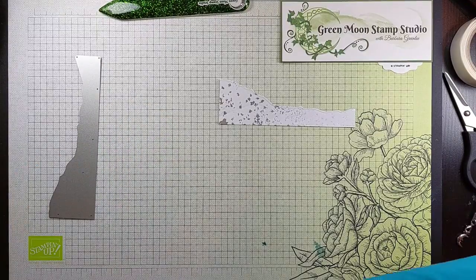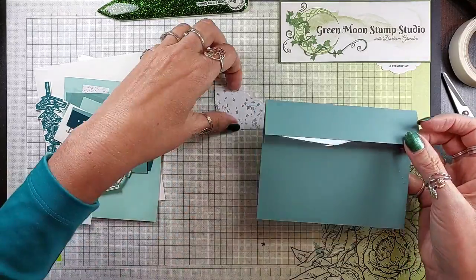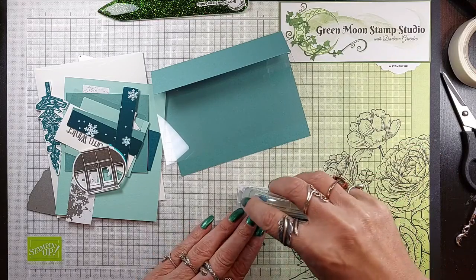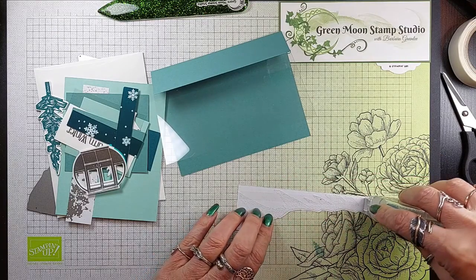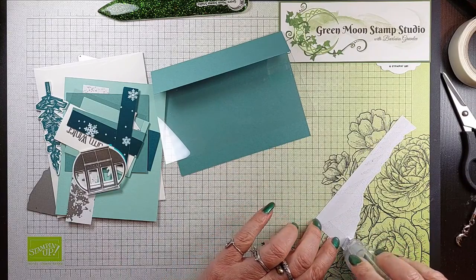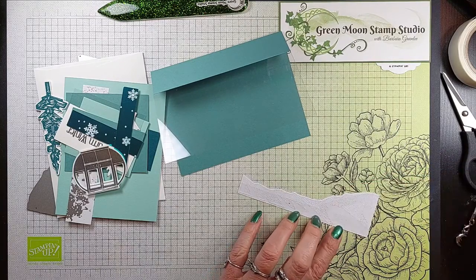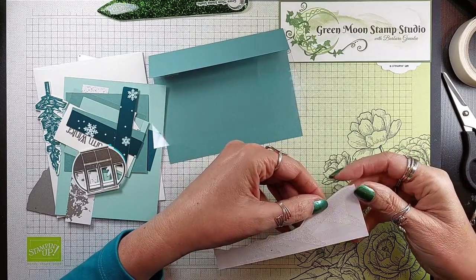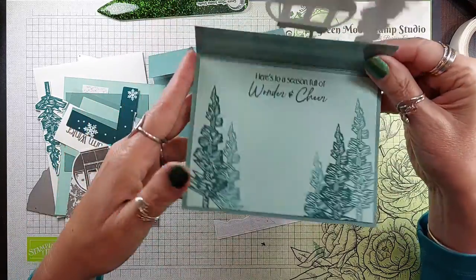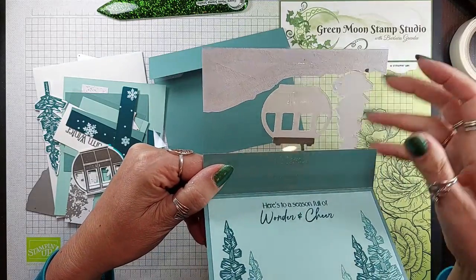Now we're going to adhere this to our card front that we made along the bottom. And I just used tape runner again on this. I was kind of careful to make the tape runner not too crazy, you know, like nice straight lines, because you are going to see it when you open the card front. So I just did kind of a triangle of tape and then one or two across the bottom